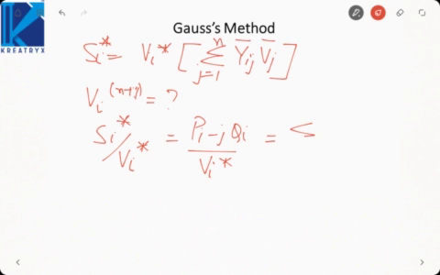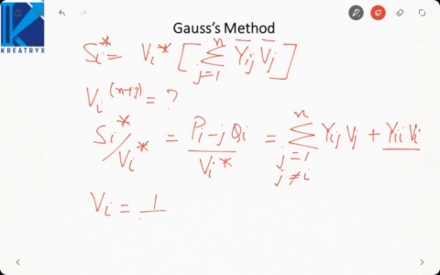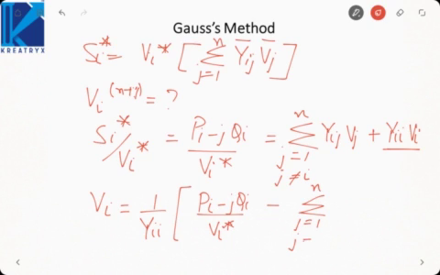It will result in the sum of Yij Vj. Now suppose I extract the ith term, so I will write j not equal to i, plus Yii Vi. So I have separated this term. So from here I can write Vi will be 1 by Yii times Pi minus jQi by Vi conjugate minus the summation j equal to 1 to n, j not equal to i,